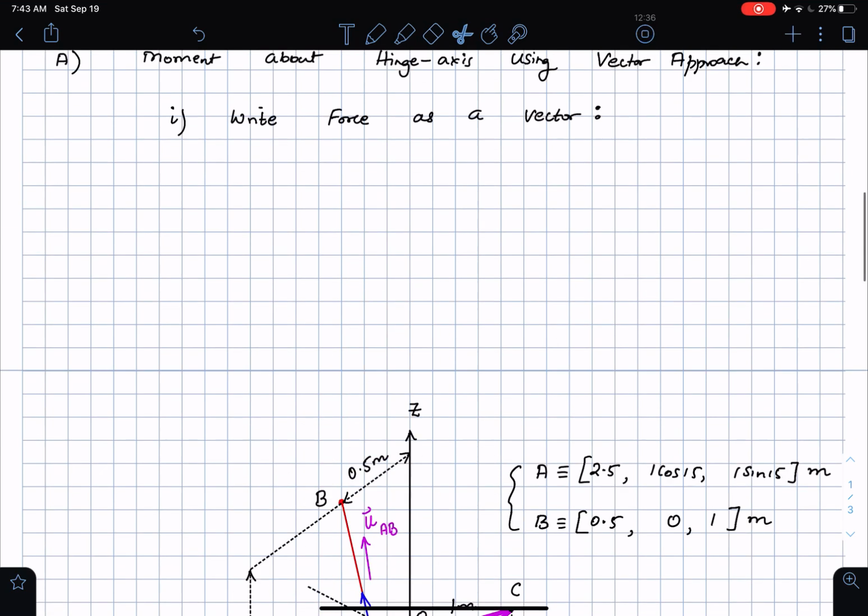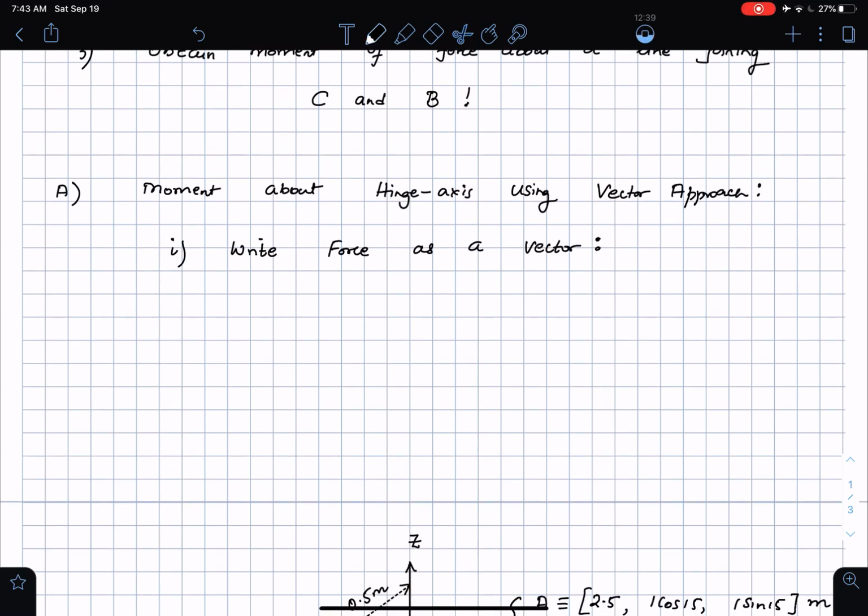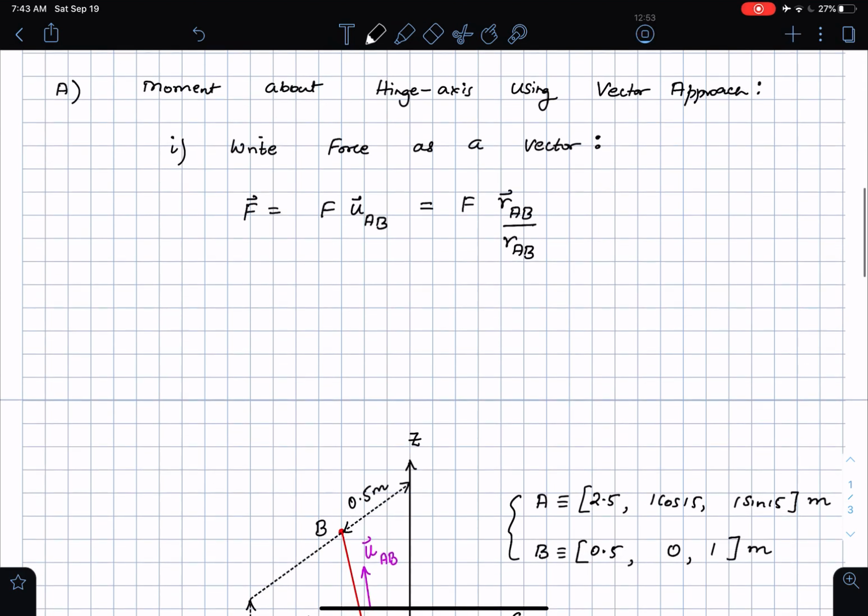I come back here and I say, my force F is force times the unit vector along the line of action of the force. This is going to be force times the position vector divided by the magnitude of the position vector. And so I can write the force as the following. F is equal to the magnitude, which was 200, times the position vector, coordinates of the last point minus the first point. So this is going to be 0.5 minus